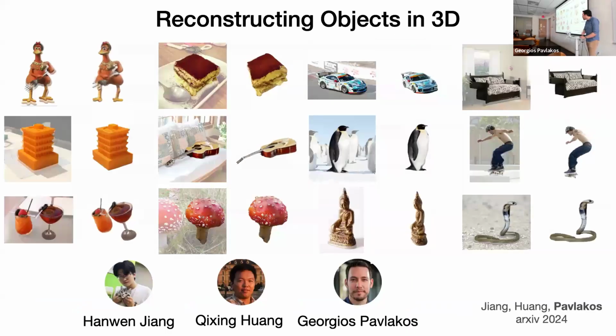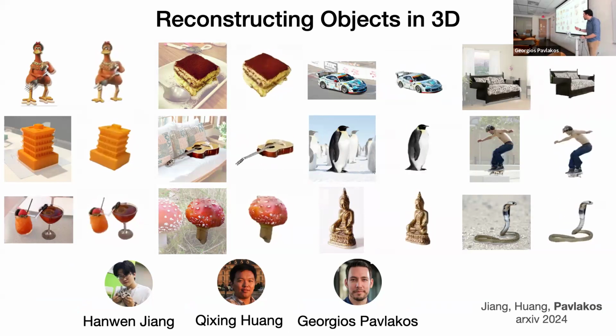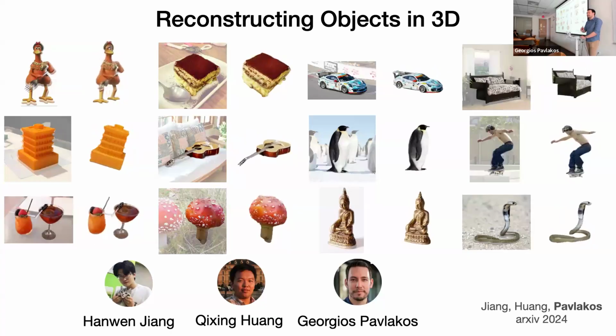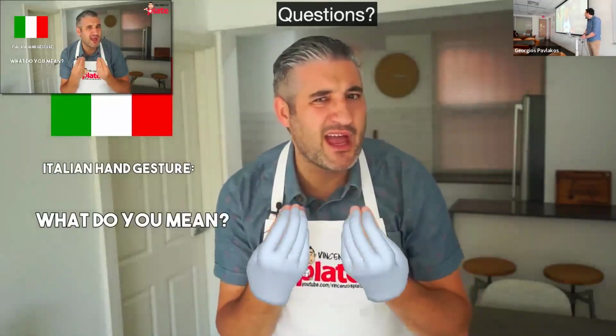We have ongoing work that I'm very happy actually comes from UT, from my lab here, trying to reconstruct any type of object from single images. This is work led by Hanwen together with Tsing. So these are just to give you some idea of things that are open, things that are still very challenging in this space. And yeah, I think I can conclude here, and I would be happy to answer any questions. Thank you.